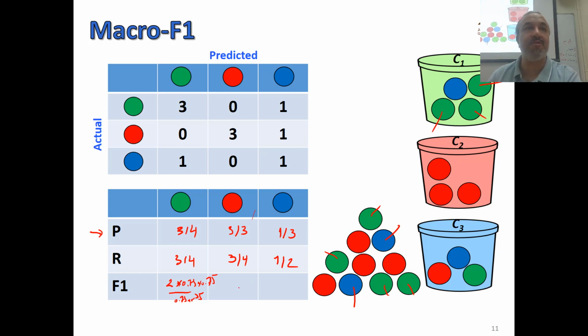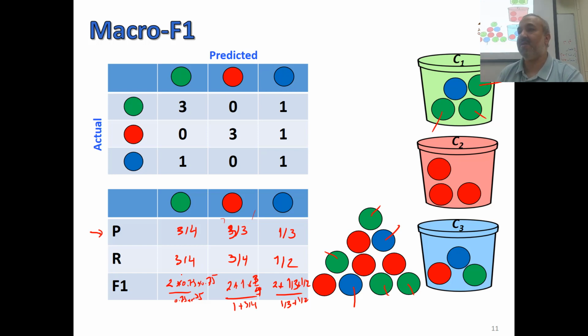How about this one? Quickly. Okay. 2 times 2 times what? This is 3. 1 times. No, why is it 3 over 4, sorry, yes. Okay, divided by. Okay, and this one 2 times 1 over 3. Okay, over. Very good. Now we computed F1 for each class, but we didn't say what is the performance measure for